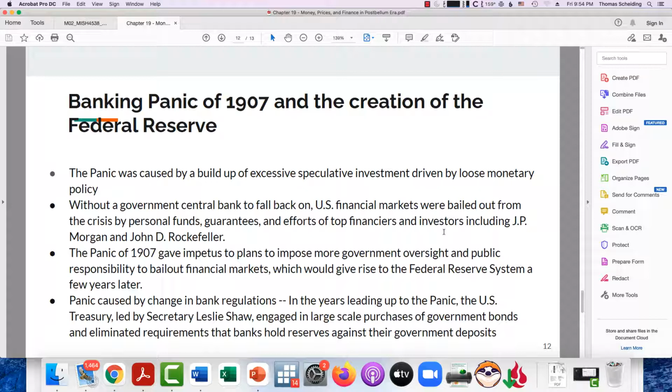As I said, because the U.S. government wasn't issuing as much debt, all these other stocks and bonds were out there. And with that, you had basically bubbles. You had too much money chasing some pretty bad investments, and they blew up in 1907. As banks failed, there was no central bank that could bail them out, so you have lots of state banks failing. And the only thing that could save the banking system, because there's no central bank in the United States, the only thing that could save it